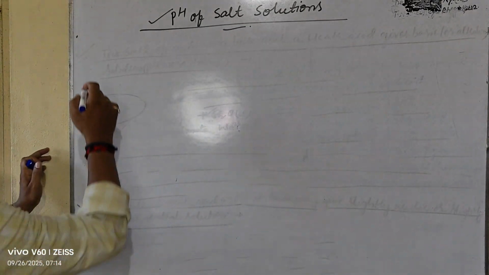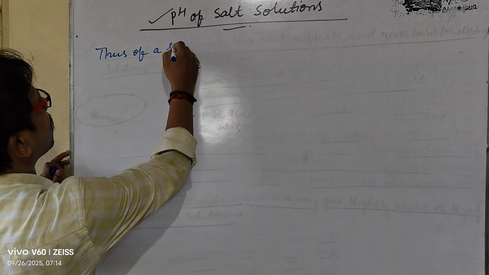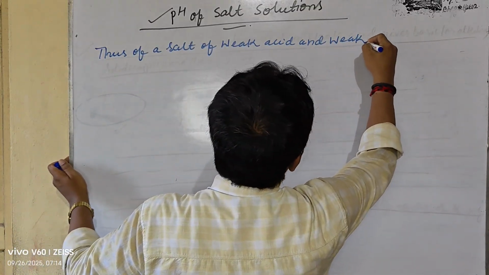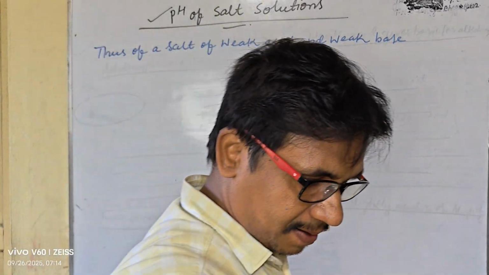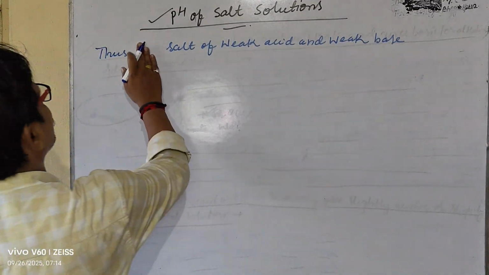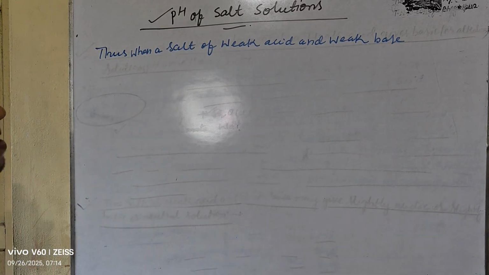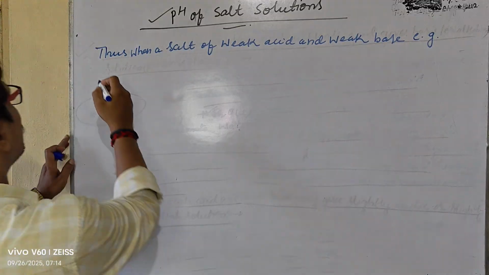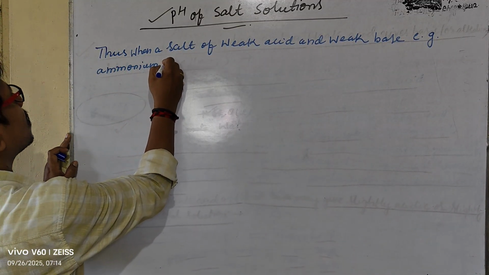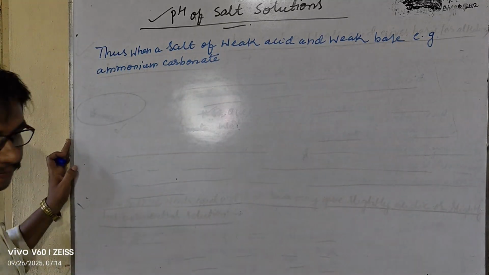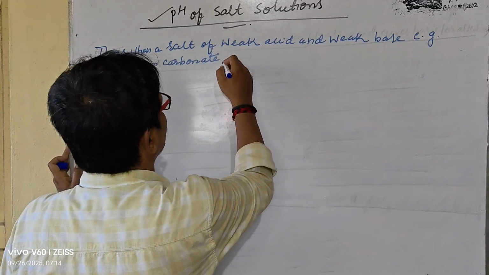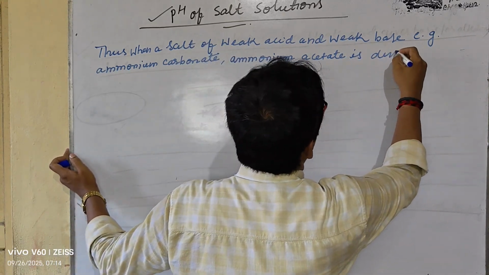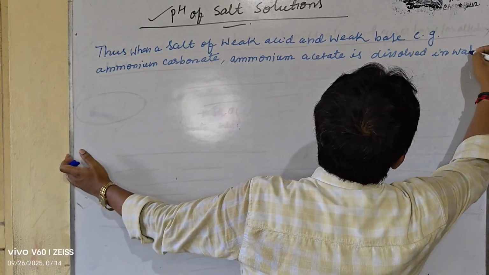Thus when a salt of a weak acid and a weak base, for example ammonium acetate, is dissolved in water,